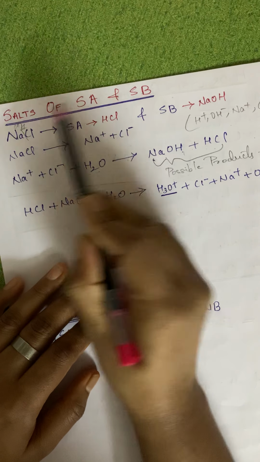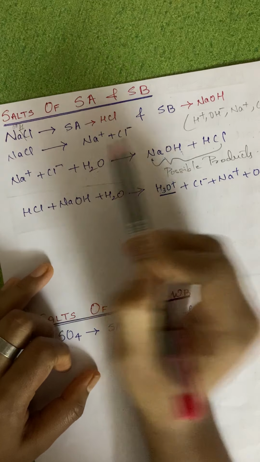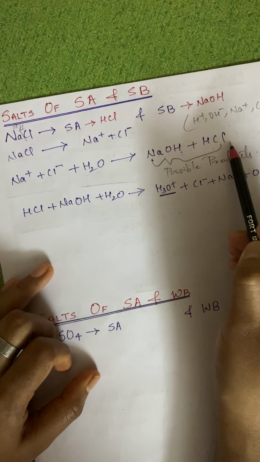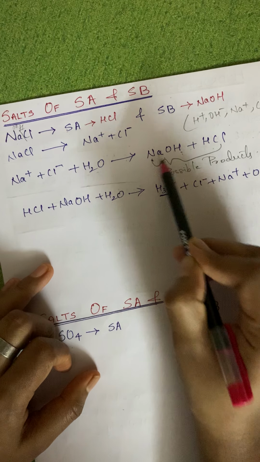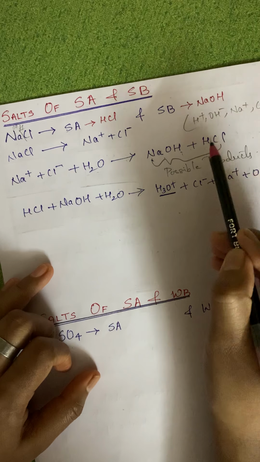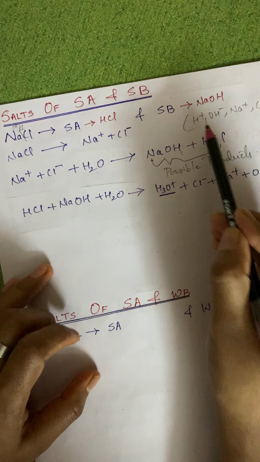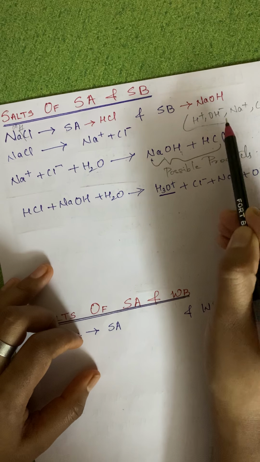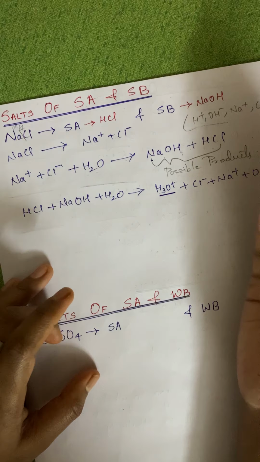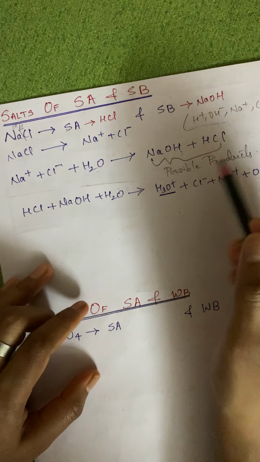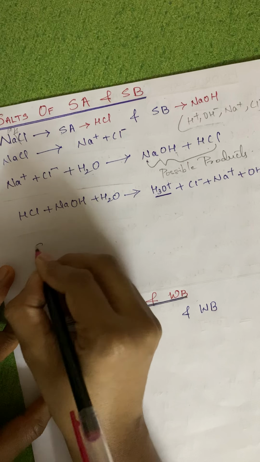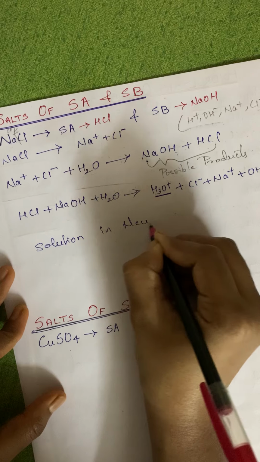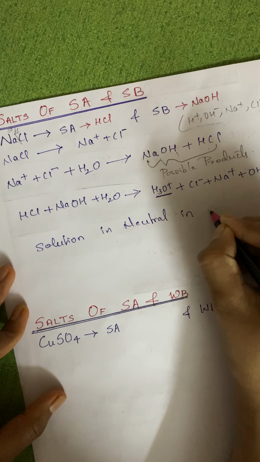Even though when a salt is added in water it will form Na plus and Cl minus, it will try to be in the undissociated form, that is its ionic form. As a result, the number of water molecules, or the H plus and OH minus which were present in the solution, will be as they are. The number of molecules are not disturbed. Therefore, the solution is neutral in nature.